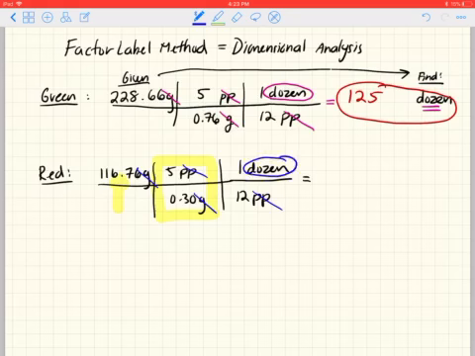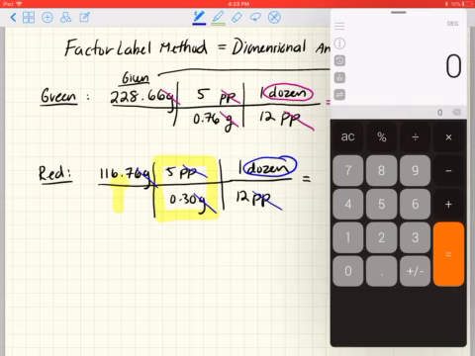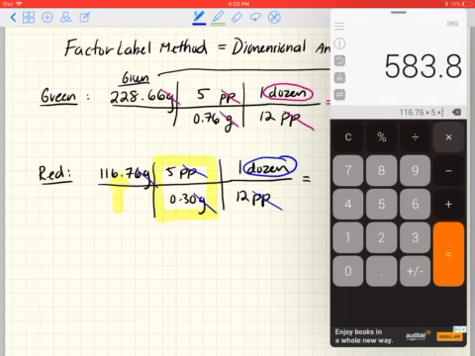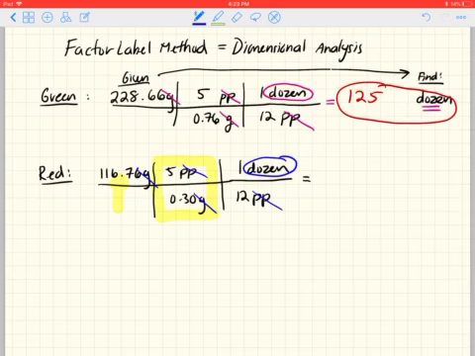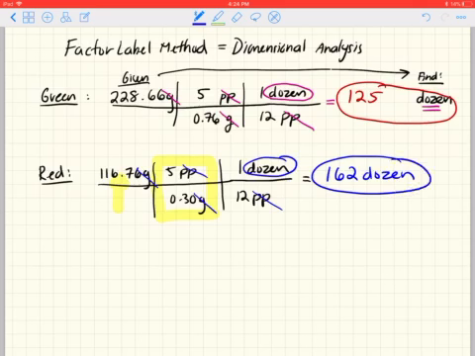At this point, I'm going to plug this into my calculator, and it's the same thing. I have 116.76. I multiply across by 5, and I multiply by 1. I get that as an answer, but I'm not done yet. I have to divide by everything on the bottom, so I divide by 0.3, and then I divide by 12. And that gives me an answer of about 162 dozen. All right. So this number is a lot friendlier than saying the number of packing peanuts. Dozen is just a nicer common value used to describe pretty large numbers. So you can see how there are more red packing peanuts